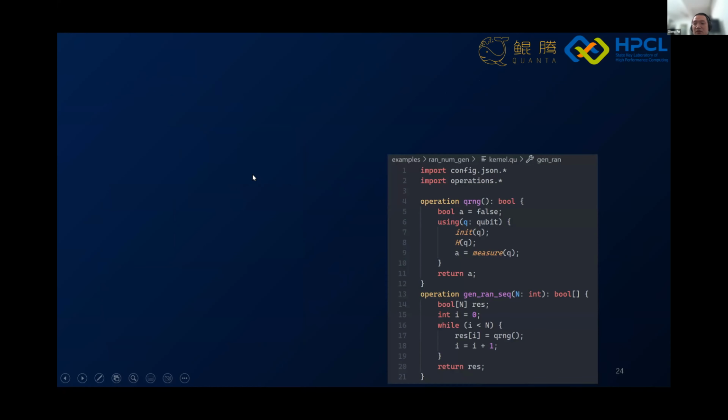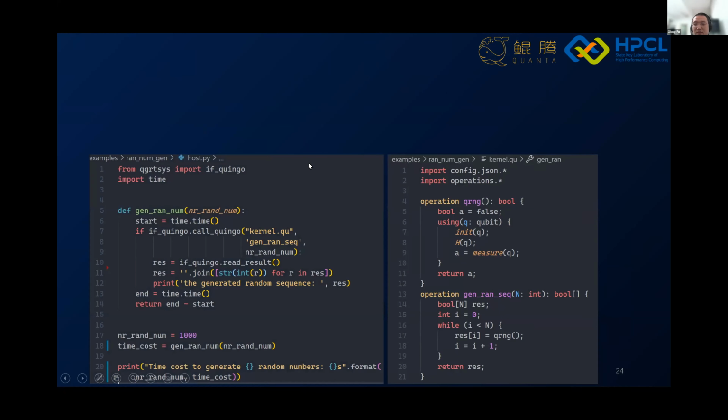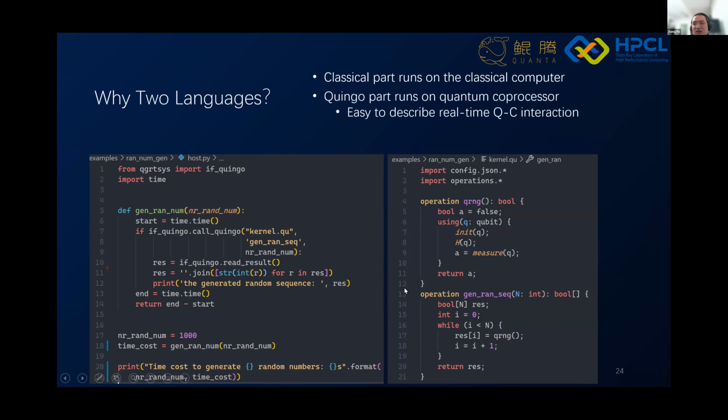Let's look at a simple example. This is a quantum random number generator example. It contains two parts. The left part is Python code, and the right part is the Quingo part. So why two languages? Because the classical part runs on the classical computer, and this part runs on the quantum coprocessor.